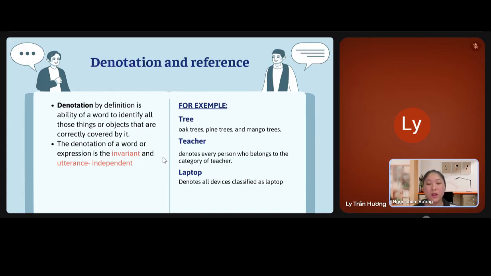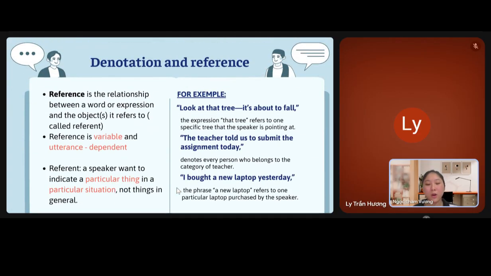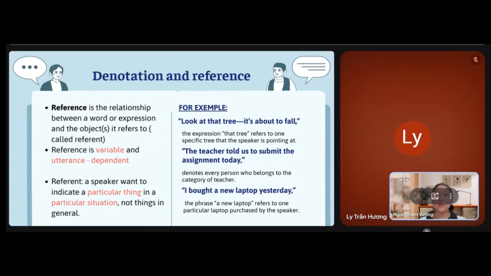the word cheese denotes an object that is cheese, including cheddar cheese, pines cheese, and mango cheese. The word teacher denotes any person who belongs to the category of teachers. The word laptop denotes any device classified as a laptop. As Lyons points out, reference